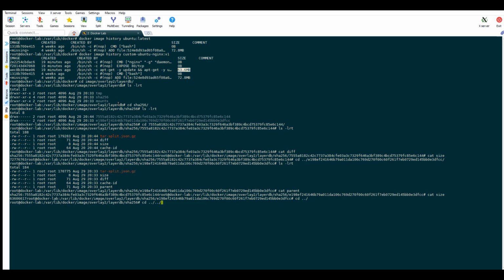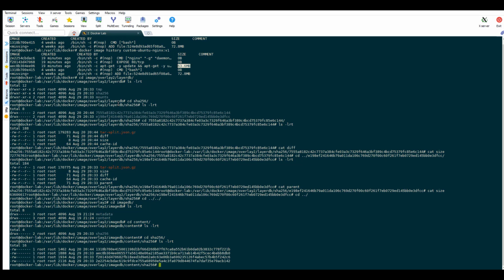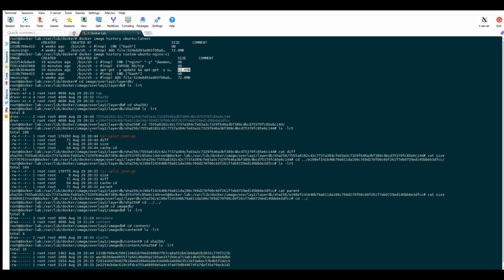Now if we remember, we have more instructions that were executed, so we can find the same set of instructions inside the imagedb directory instead of layerdb. So here we can see that four files are created which contain the metadata information of the instructions that are present locally.